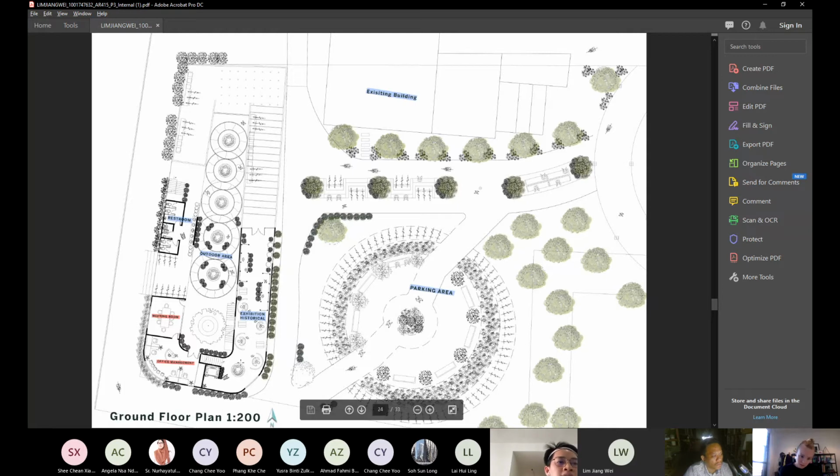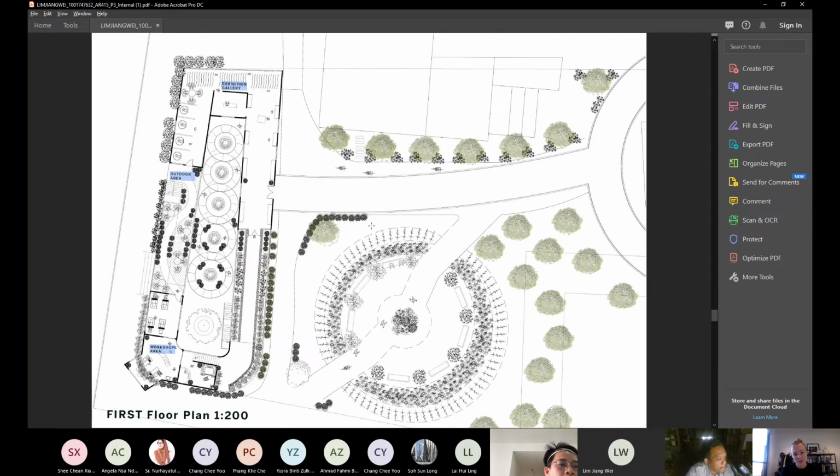Behind this part is the showing office, management and meeting. Restaurant is the outside area.